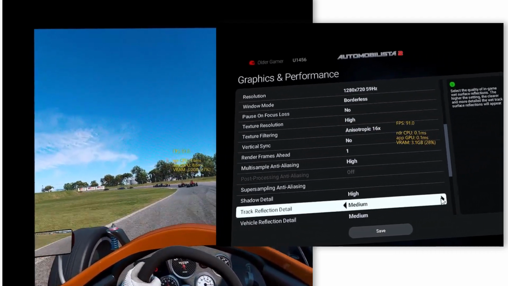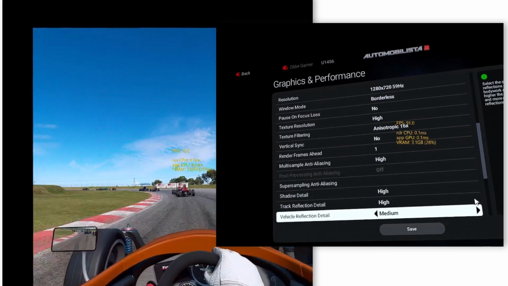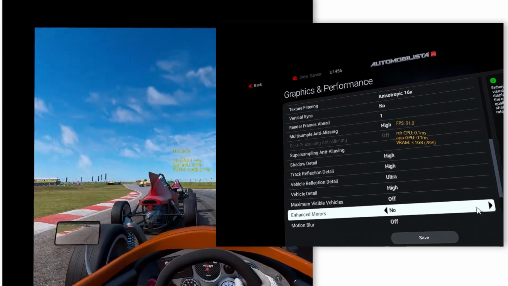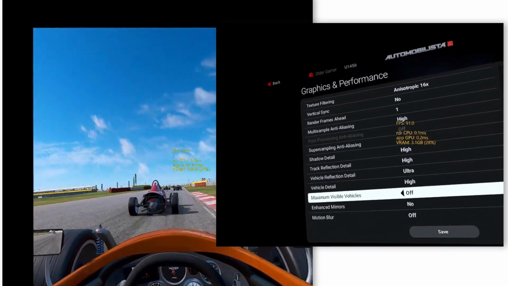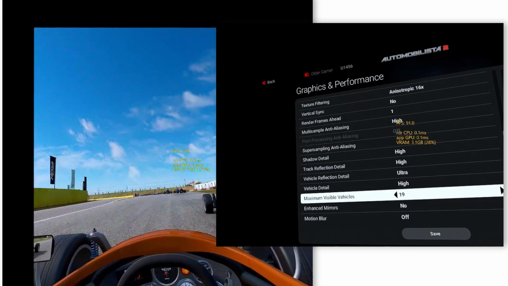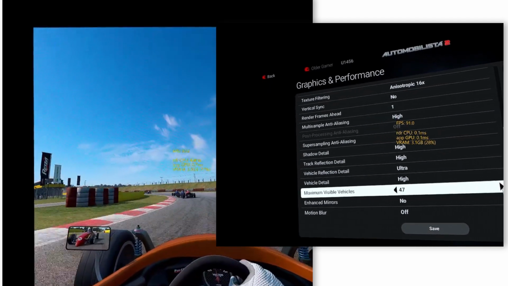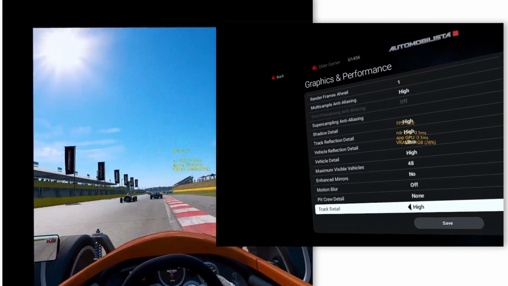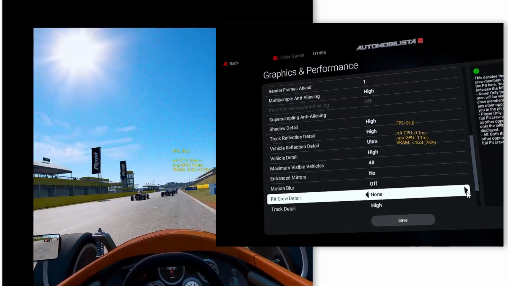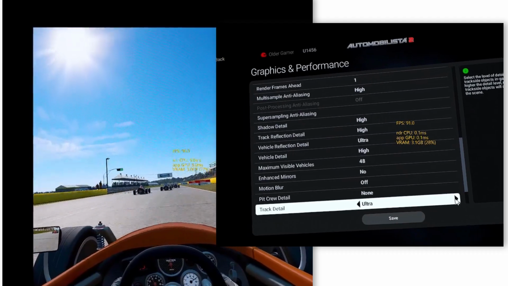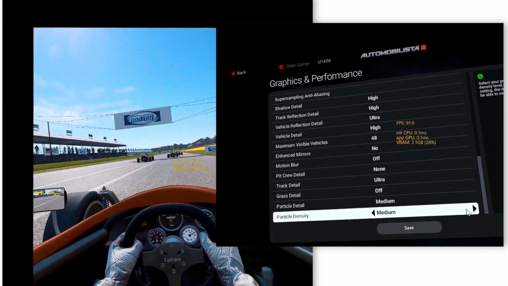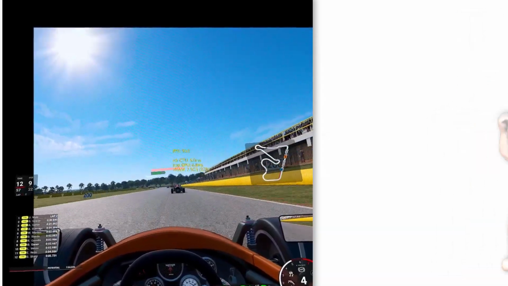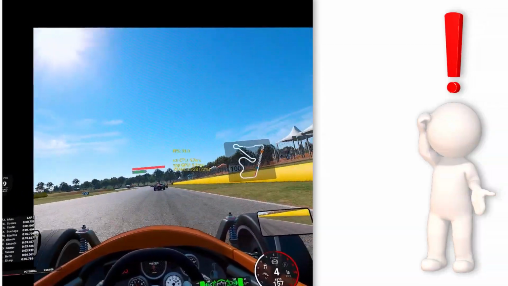AMS2 is one of the best looking sims on the market, certainly coming close, although not exceeding LMU in graphical quality and sheer playability, which is remarkable considering how old the engine is that AMS2 is based on. Right now, in 2025, you can race AMS2 in VR with some great looking graphics and handling that has also been greatly improved. I recently jumped into Project Cars 2, which is what AMS2 is based on, and became very